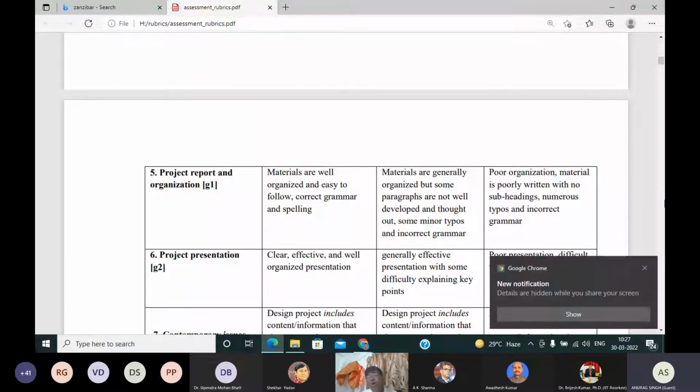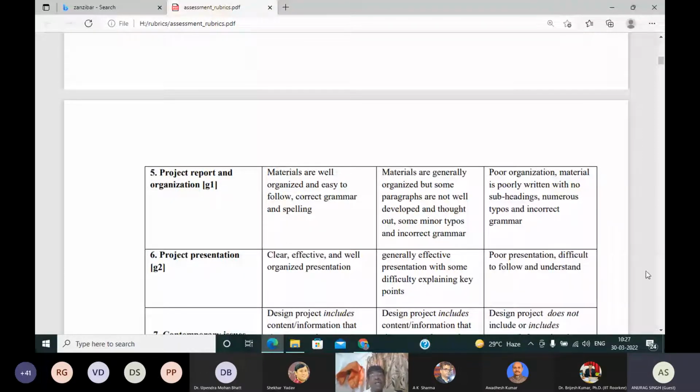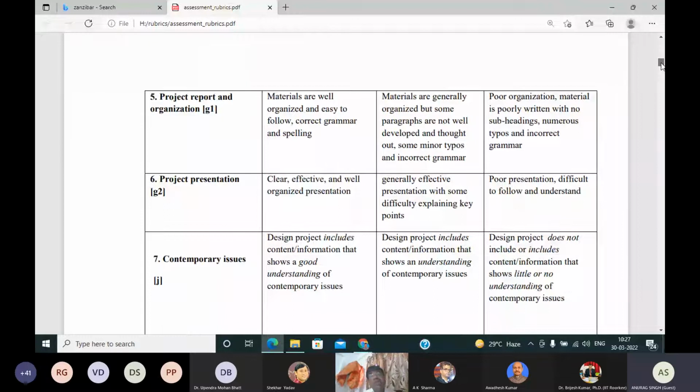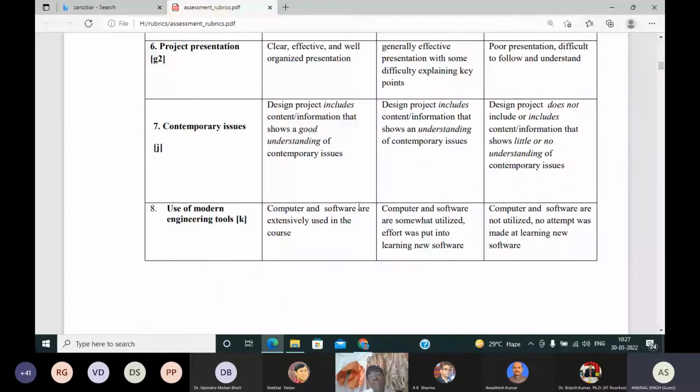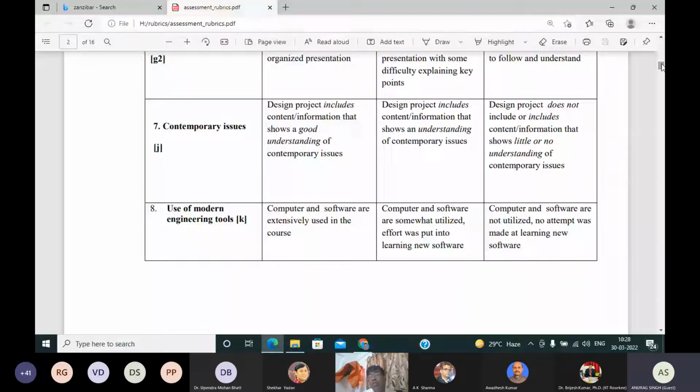Project report and organization: material is organized and easy to follow, correct grammar and spelling. A clear, effective, and organized presentation for project presentation. Contemporary issues: design project includes content information that shows a good understanding of contemporary issues. Right? Use of modern tools: computers and software are extensively used in the course. Right? So like that, you develop